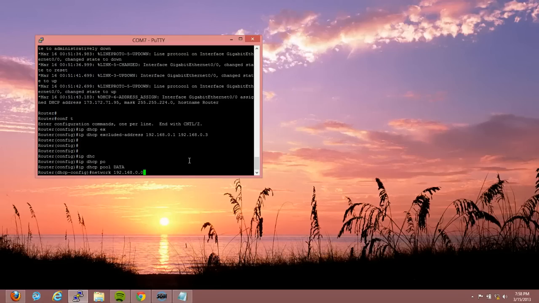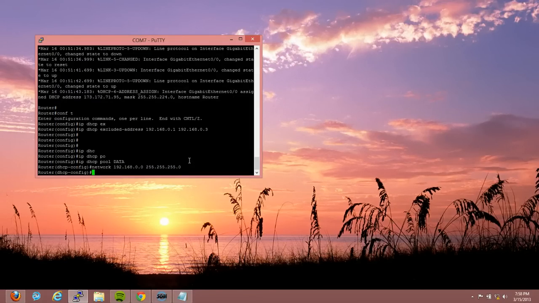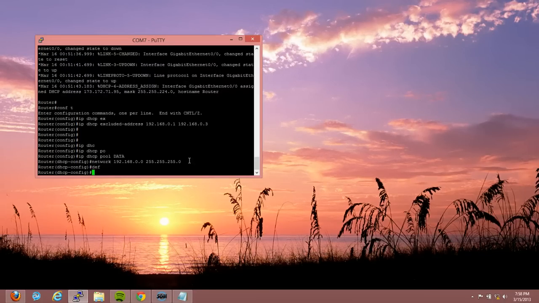You gotta know subnetting if you're playing around with bigger numbers and different numbers. And then we're going to use the regular subnet mask 255.255.255.0. Enter. Now we're also going to specify the default router, which is going to be the router itself, the Gigabit Ethernet 0/1,